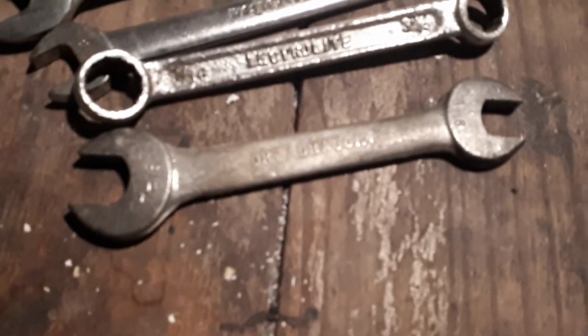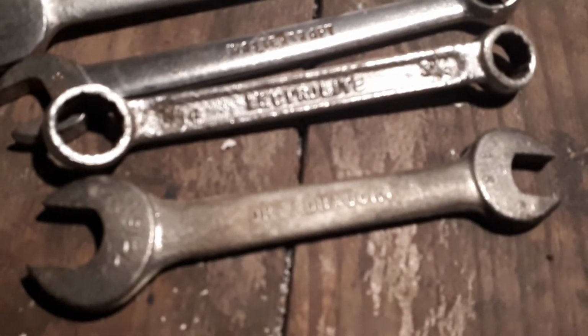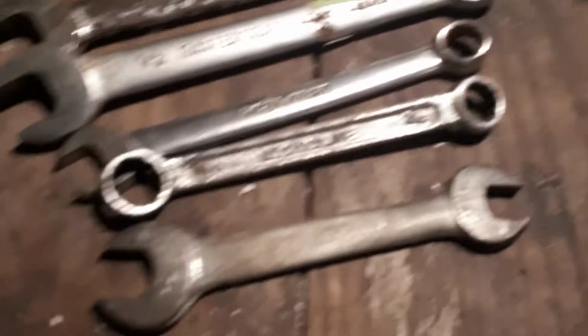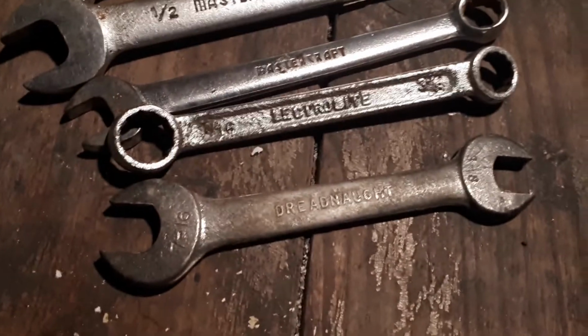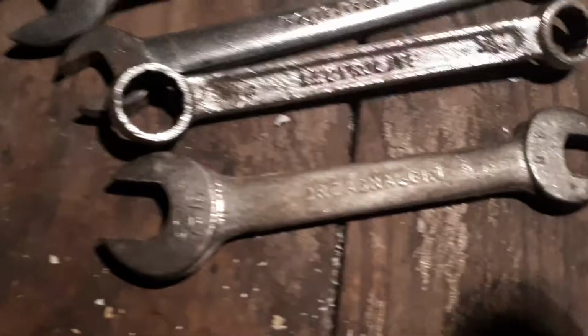I'll take a peek through these wrenches. Focus. Come on, you can do it. There we go. So we got a Dreadnought,